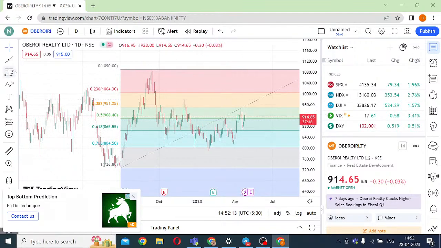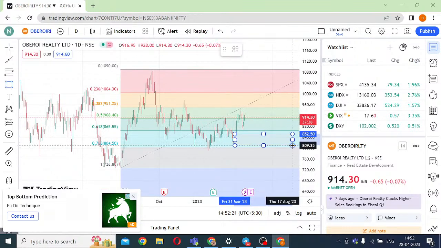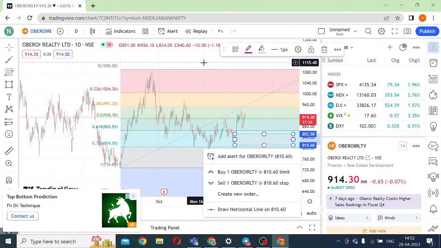Anywhere, if you get between these two places, it's a good buy. See, here, it's a good buy, but again, I won't prefer it right now. I don't think I would like to short this stock. If you're looking at a swing shooting star here, it's actually formed exactly in between the swing, above 50%. It's at a very small premium. I don't think it's a good idea to short this stock.